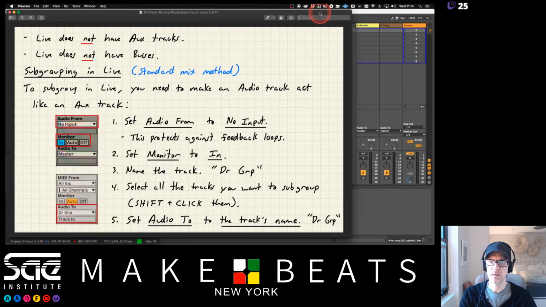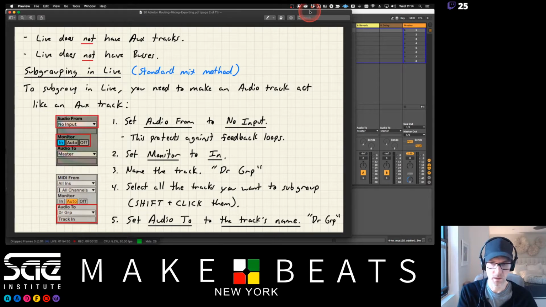So what we're going to be talking about right now is routing, mixing, exporting, just basic stuff. I've already talked about it in a few of the other lessons. We're just going to go over it real quick here, just to make sure we're all on the same page. But it's all very similar to Pro Tools and Logic and how I've explained stuff in Pro Tools